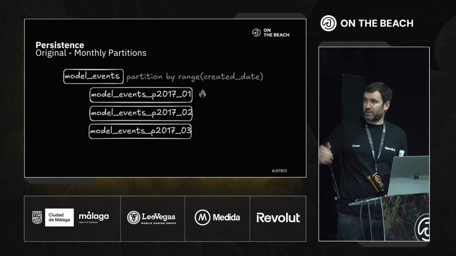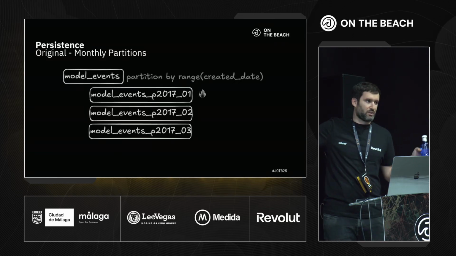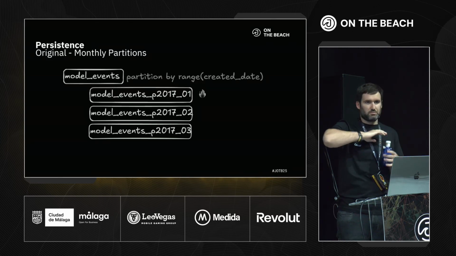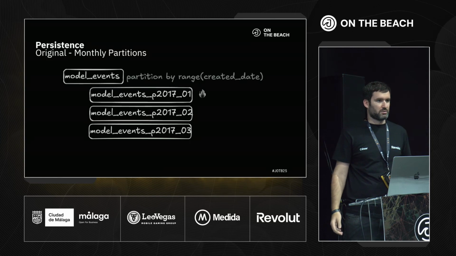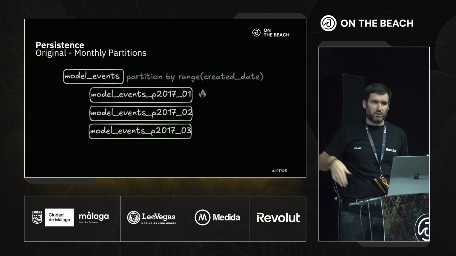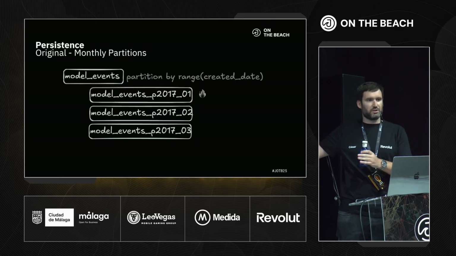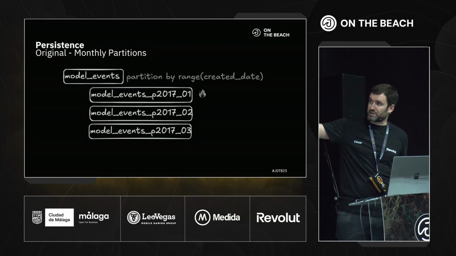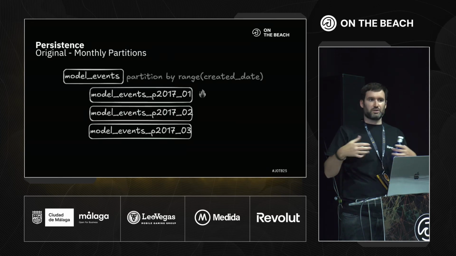How do we scale? Historically, we started with a model like this. We used to have a table model events, and then in order to break things down, instead of having a big table that contains all the events, we decided to break it down by using range partitioning by months. So between the first of the given month and the 31st, we were persisting in this partition, the next partition, and so on. This was giving us the advantage that every single partition contains its own set of indexes. It doesn't contain any sort of bloating,